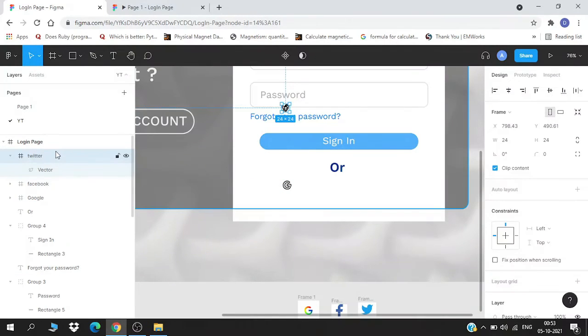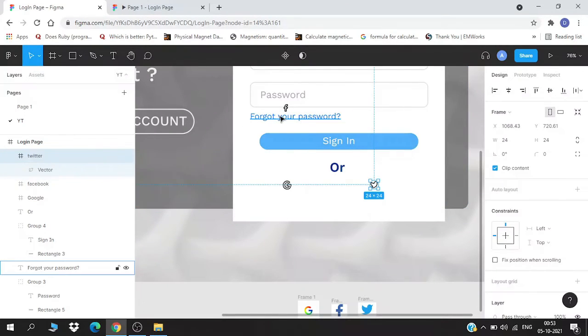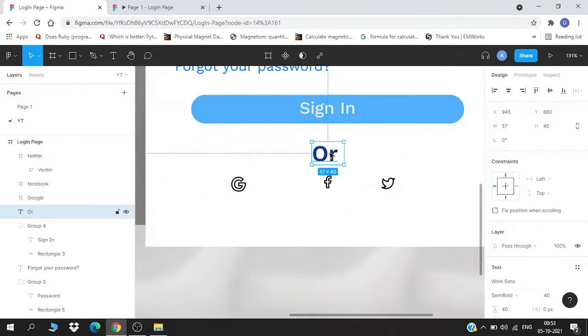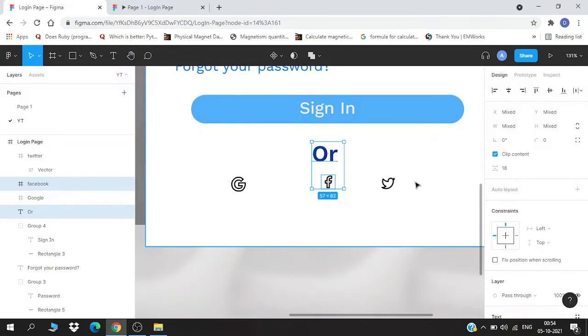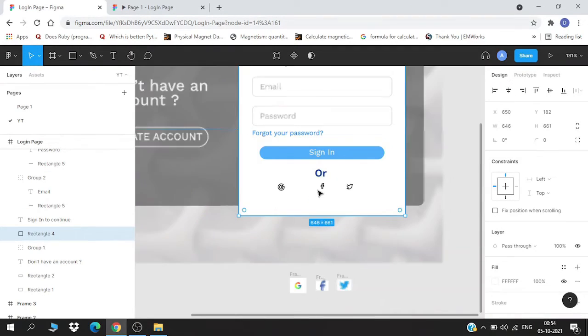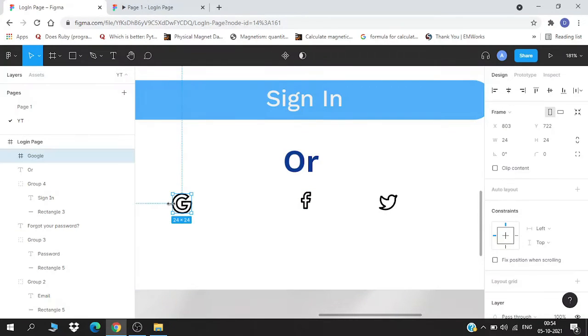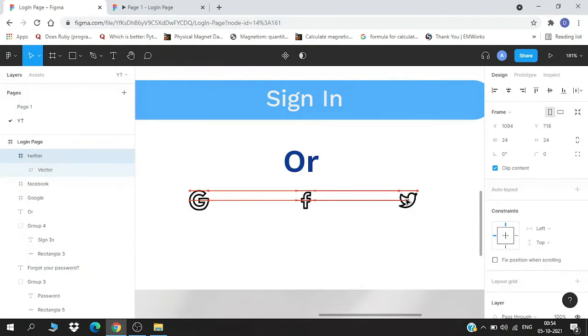I will shift them, and there it goes, the last one. So I'm going to align it center, and they are aligned, and it is aligned too.